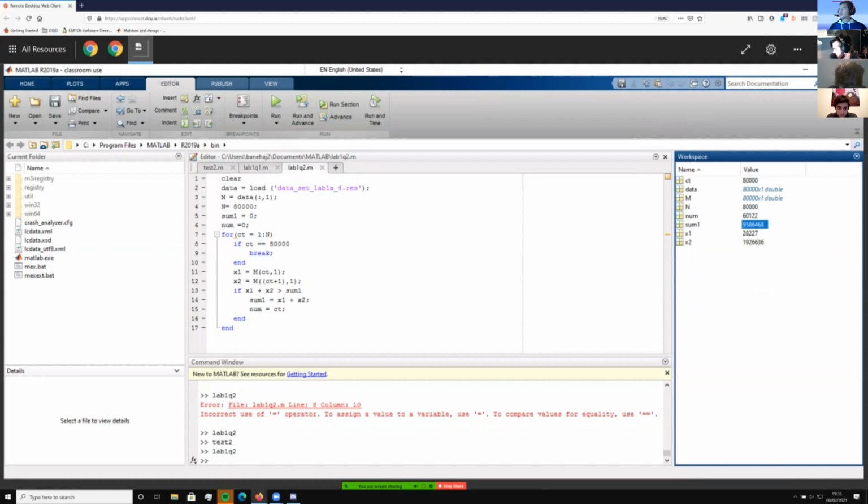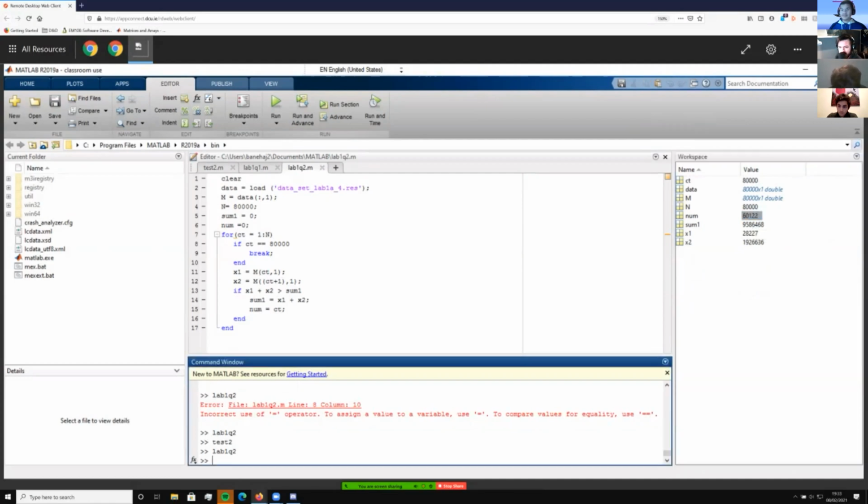Can I open the file? .res file. I don't even know what you used to open them. In the meantime, let's have a look at it. So num is equal to that. So it's saying that the 60,006. I can actually see if it's right by going M 60,122 1 and see if it's okay.